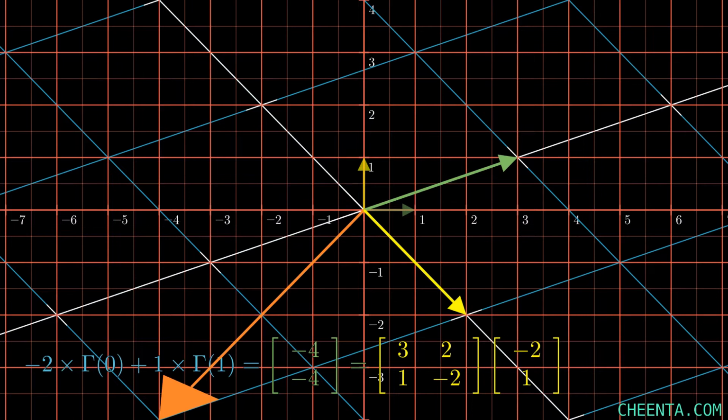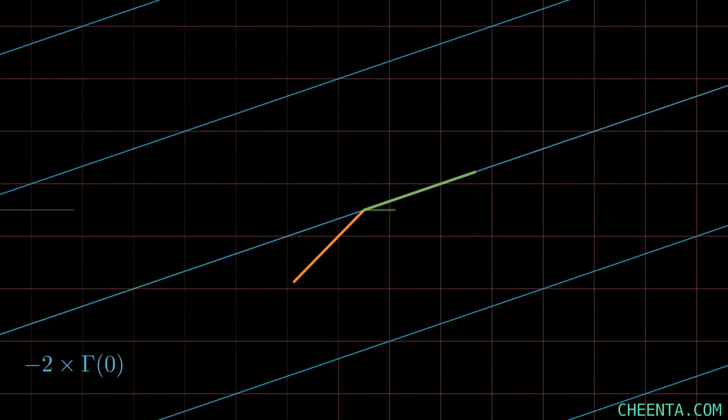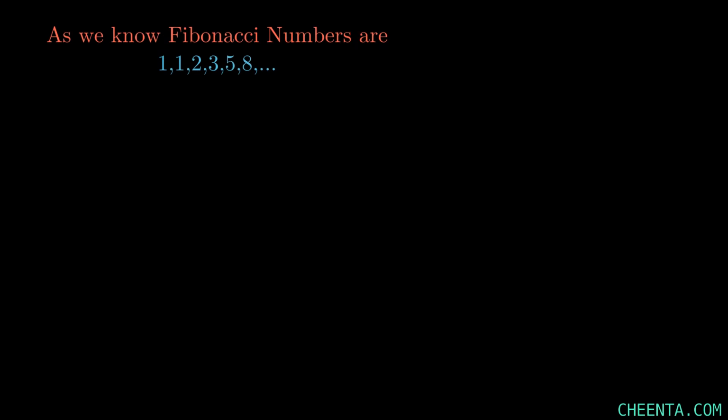Now let's see what a Fibonacci matrix is and how its transformation looks. Most of you will know what Fibonacci numbers are. They are the numbers in this particular sequence. This sequence is very beautiful, and we can get it using a particular recursion formula. The recursion formula is this one. Here we consider that f of 0 equals 1 and f of 1 equals 1, and this gives us this particular sequence.